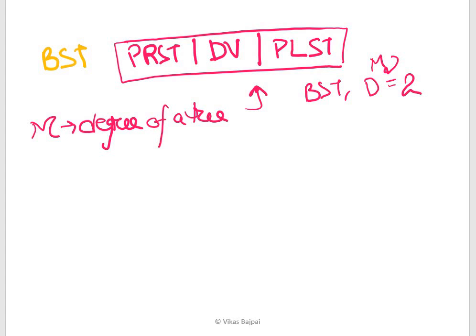So this M-way search tree will always have M minus 1 keys, which will be pointing to M subtrees.